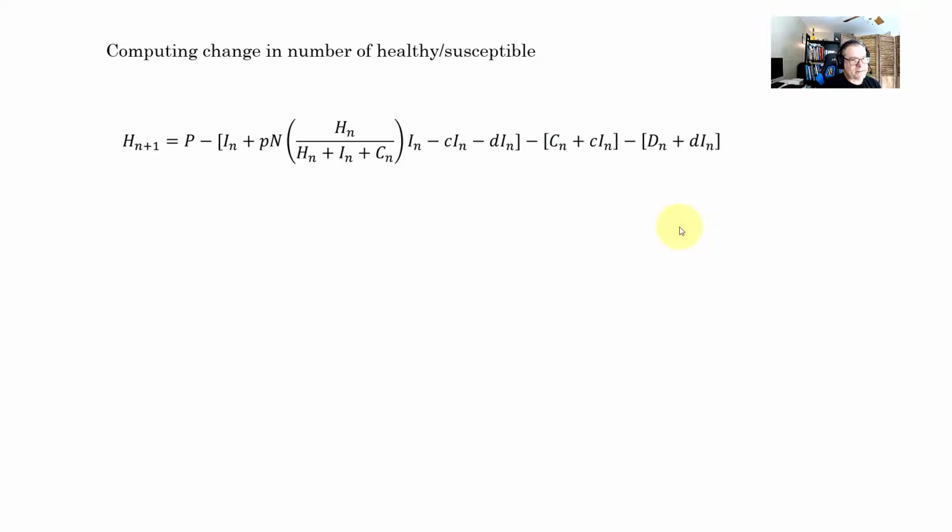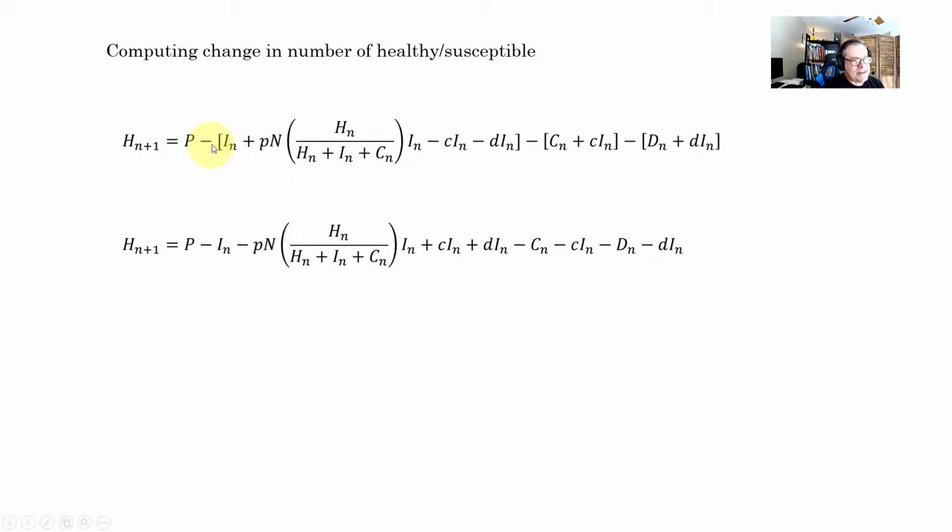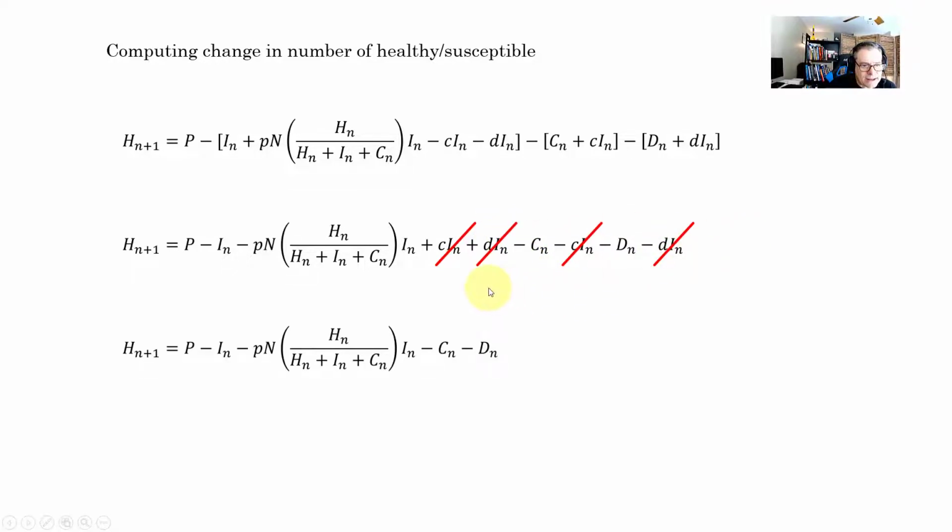So what I'll do now is distribute this negative out here in front of this whole entire expression. So that makes it a negative I sub n, negative p times n. Take this negative and multiply here, get a plus. Take this negative here, multiply, get a plus. Distribute this negative through. Both of those terms become negative. Distribute that negative through, and both of these terms become negative, because now I realize I can cancel this c times I sub n, and this term here can cancel. This term here can cancel with that term. So simplifying a little bit by canceling this term, this term, this term, and this term,